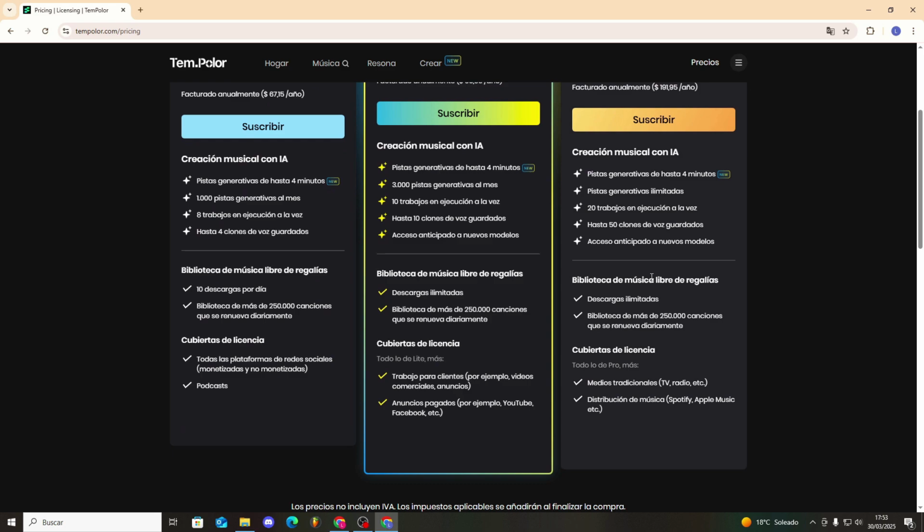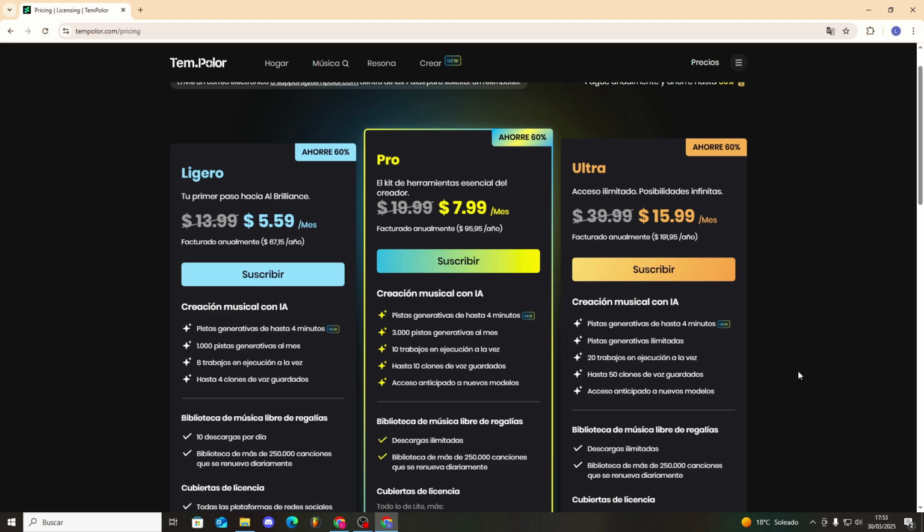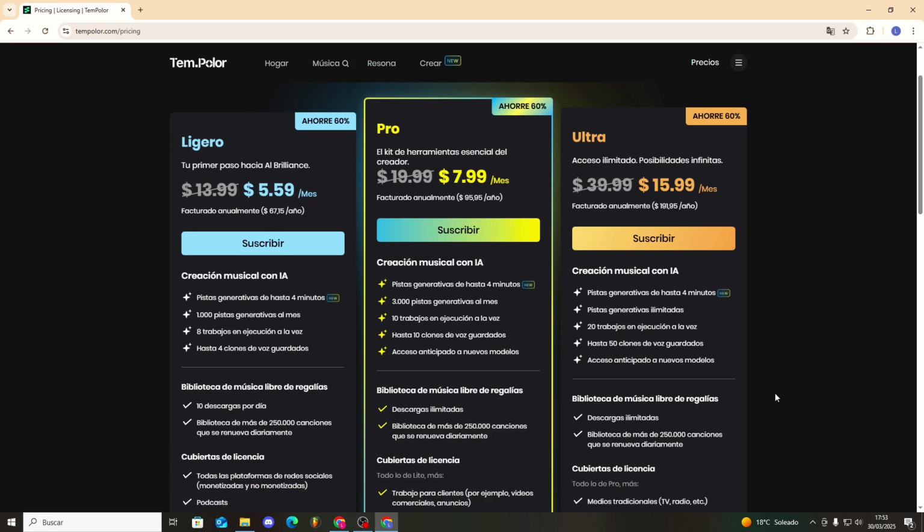We'd also have unlimited scales in royalty-free music and license coverage for everything in the Pro plan, plus for traditional media like TV, radio, and music distribution on Spotify, Apple Music, etc. So if you want to use this music for Apple Music or Spotify, the Ultra plan might be your best